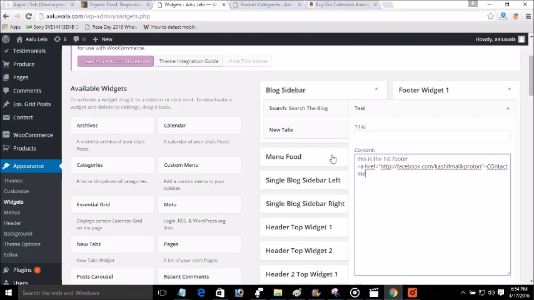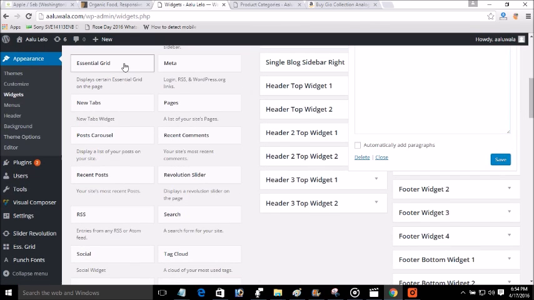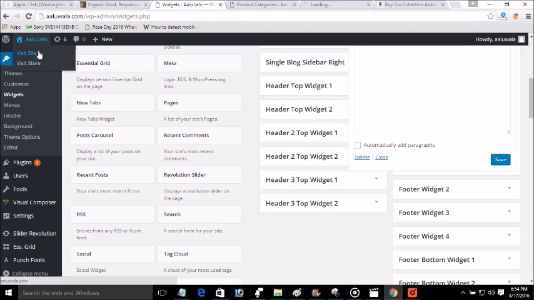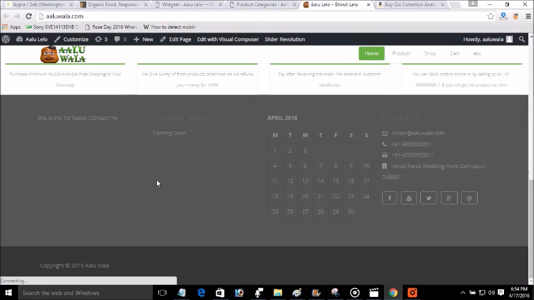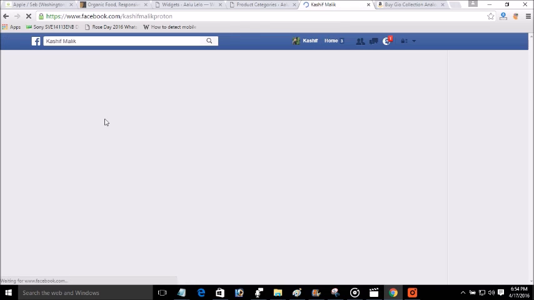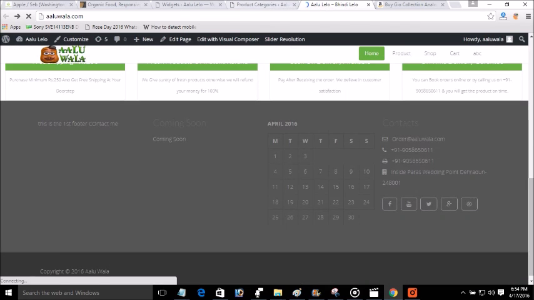Suppose contact me, and I have closed this tag, and let's see what happened. So here in the widgets we can also use the HTML, which you can see from this small example.